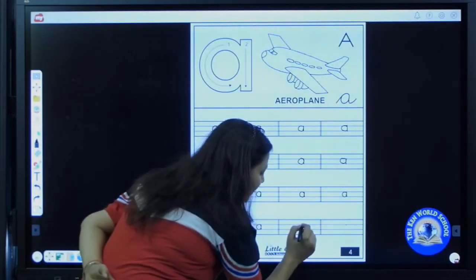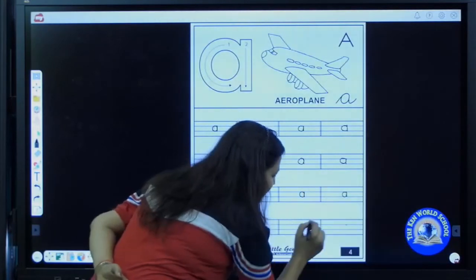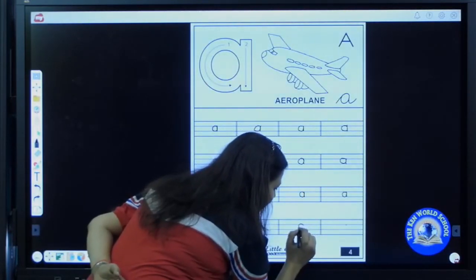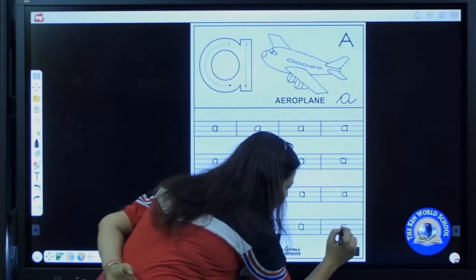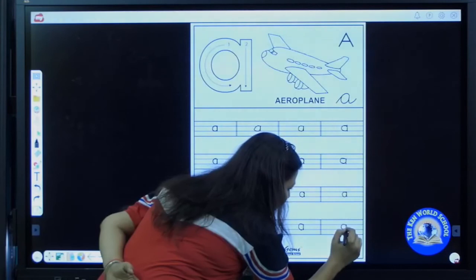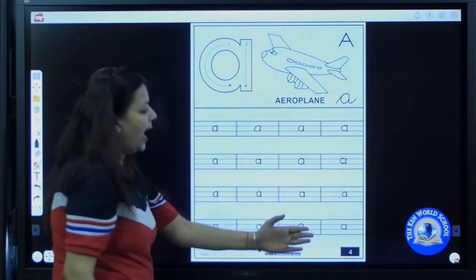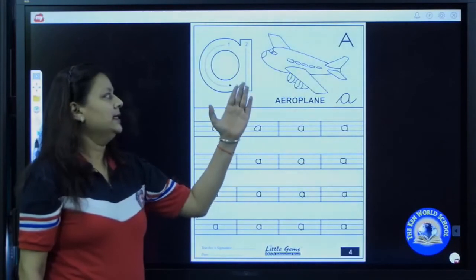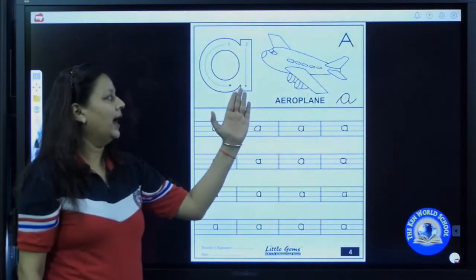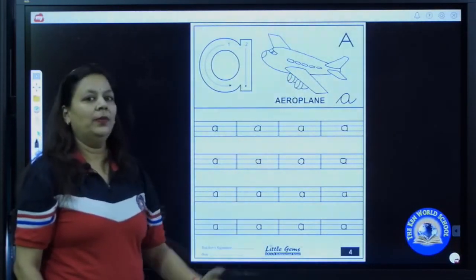We will put a pencil on the middle line. We will make a curve from the left side till the baseline. Go up to down, standing line. A says /a/. A as in aeroplane.